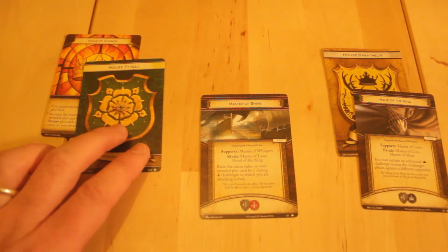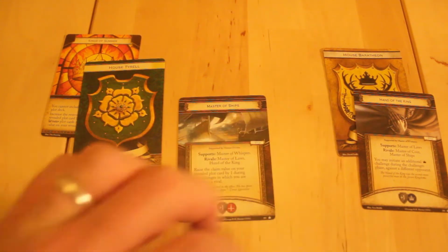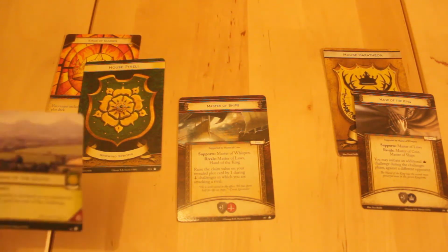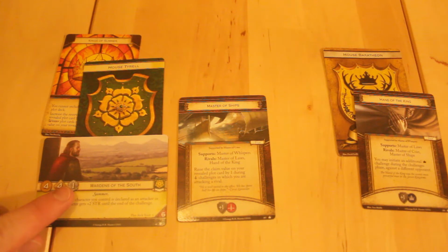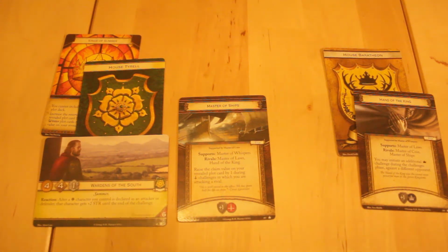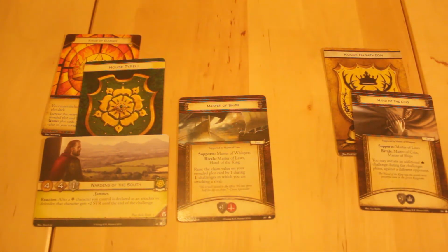So if the Tyrell player was doing a military challenge against Baratheon, they would be able to raise their claim by 1. If we go back and look at the plot card that the Tyrell player chose, their claim was 1, but against the Baratheon player this round, this would be a 2, meaning it would be really strong against this particular player. Another thing to notice about this card is that in military challenges, this player adds +1 to the total. So no matter how many characters they attack or defend with, they always add +1 to the total